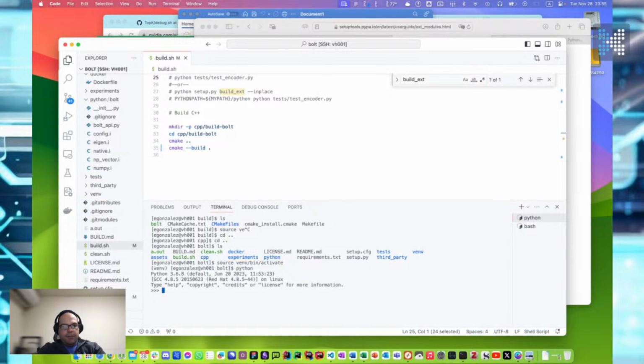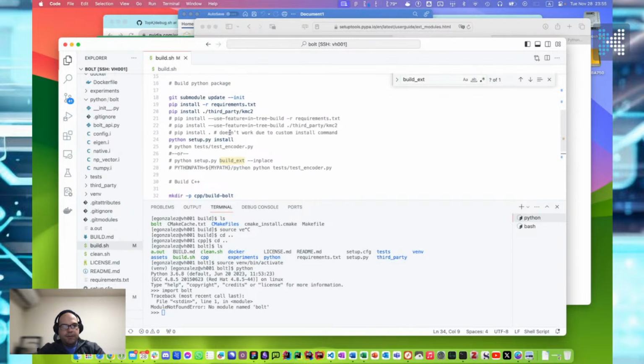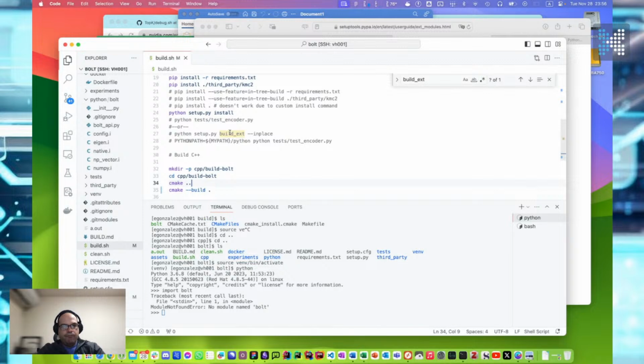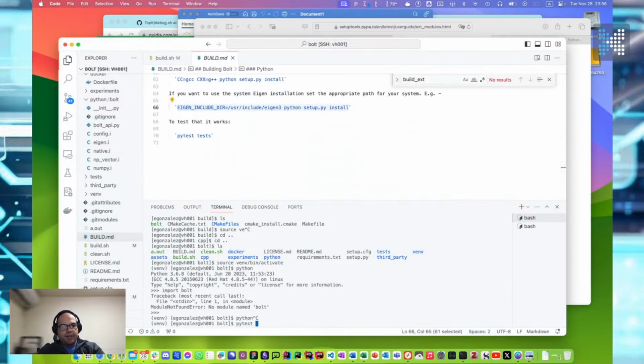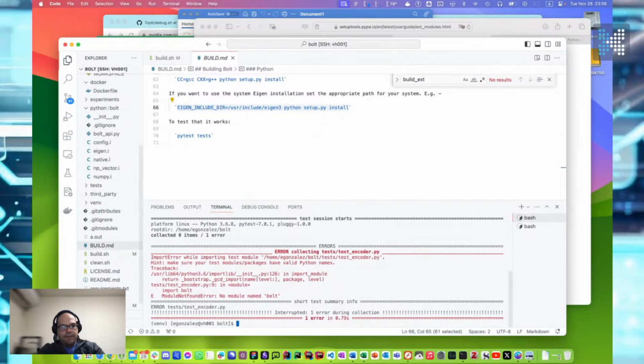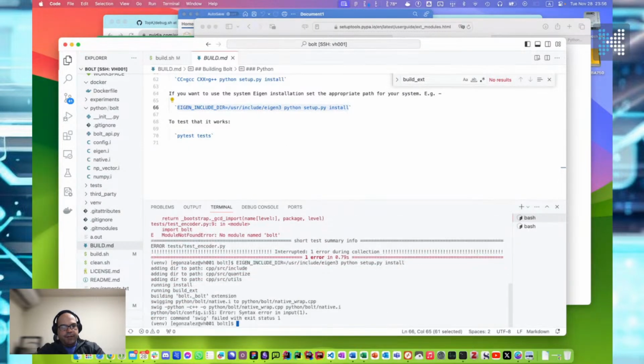And then in my Python, I can import bolt, or not. Let me look at this build.md again, right? You should be able to do that, and then I should be able to do pytest tests and module name bolt. Even if I do that,